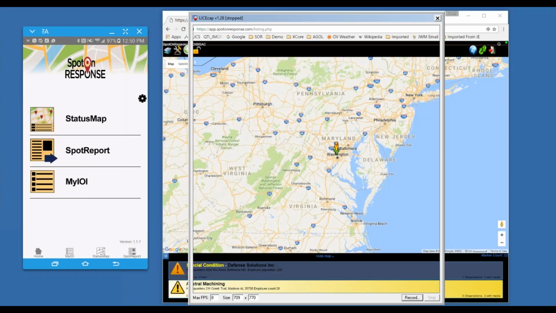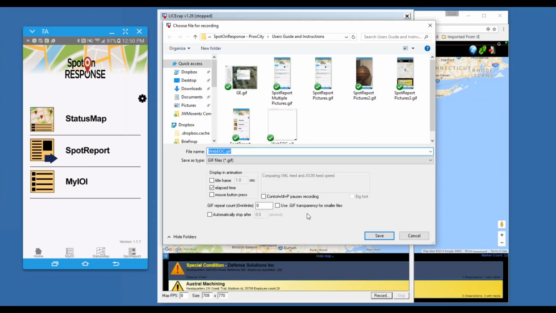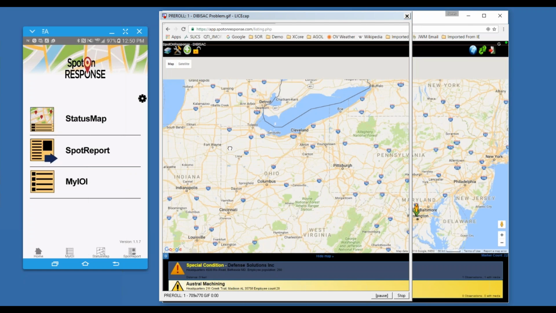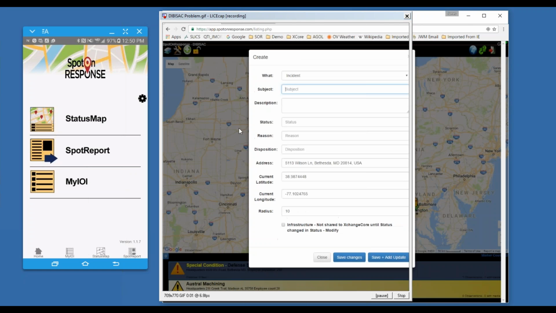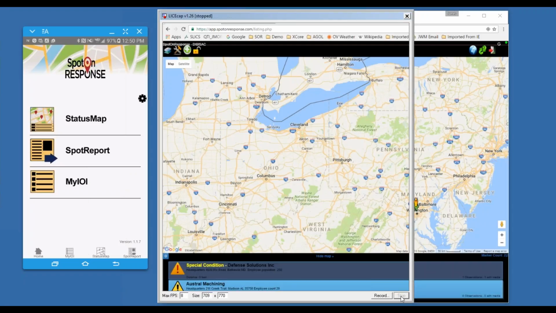What it allows you to do, if you're having problems with something, is pop it up like this and say record. And I'm going to call it DIB ISAC Problem. And when you save that, it's now going to record everything that you're doing here. So you can show me exactly what didn't happen. When you say stop,